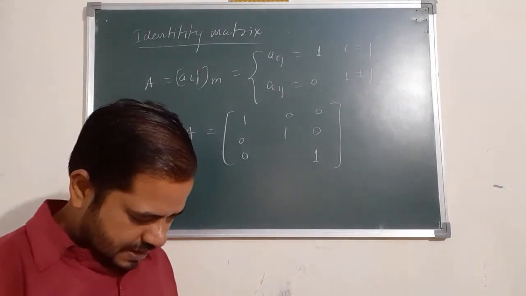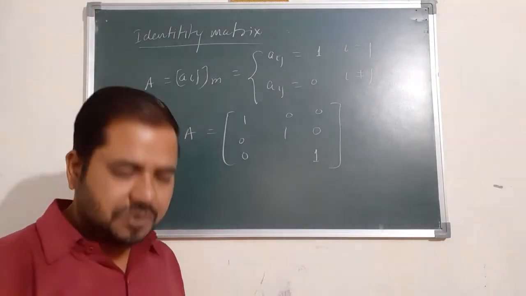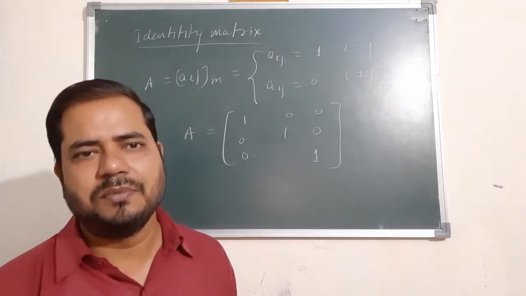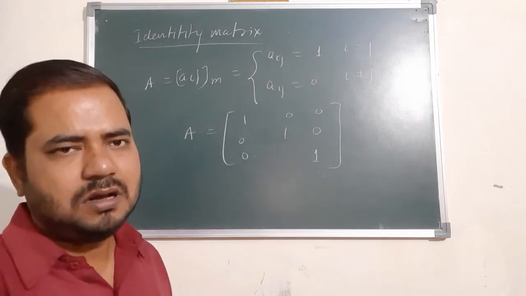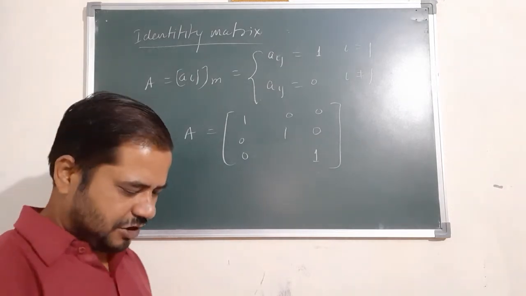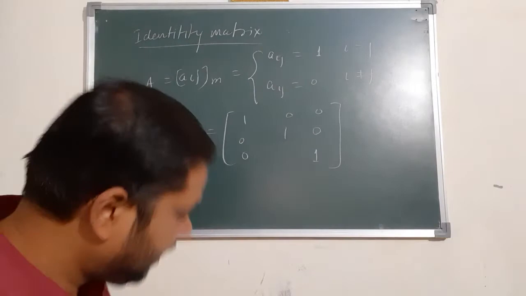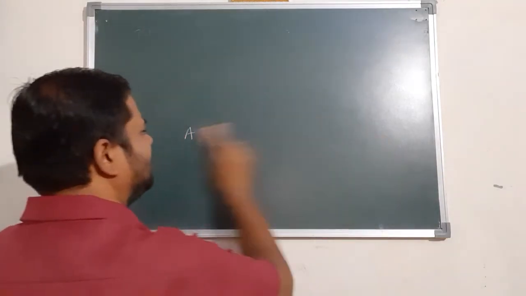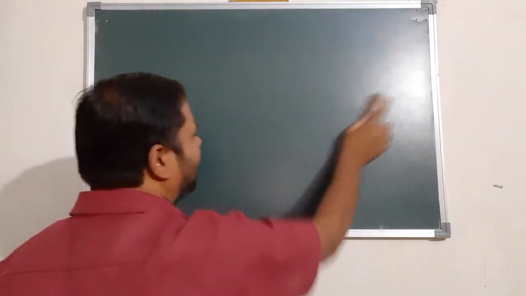Okay. Now zero matrix. A matrix having all entries 0 is said to be a zero matrix. So these are the types of matrix. And now the next topic is equality of matrix. This is a most important topic. Many times questions are asked in the board exam on this particular topic, equality of matrix.